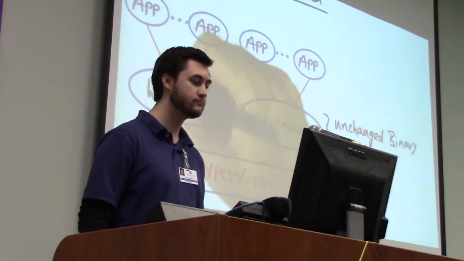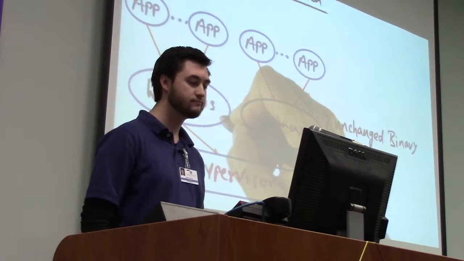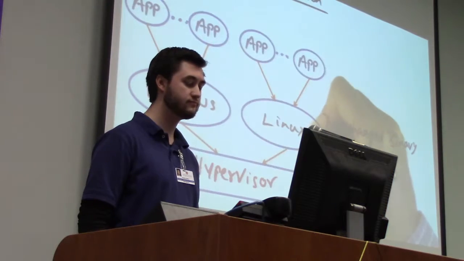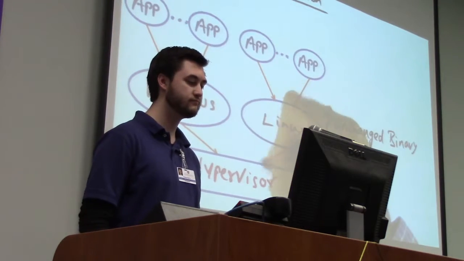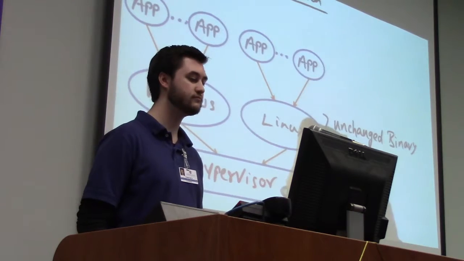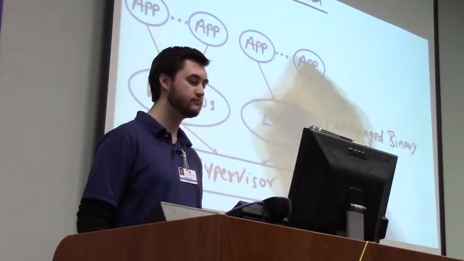And therefore, when they try to do something that requires a higher level of privilege than the user level, it will result in a trap into the hypervisor, and the hypervisor will then emulate the intended functionality of